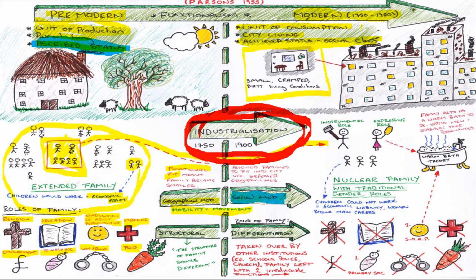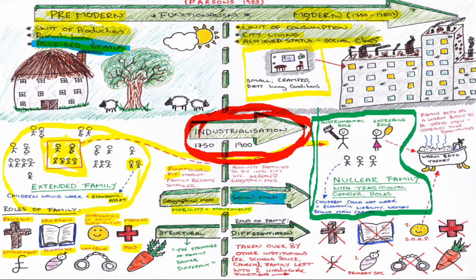So we're going to move on to talk about the role of the nuclear family in modern society. So in the past, in the extended family, everyone worked together. Now, in the modern urban family, a few things were happening. So here's this modern urban family. There started to happen this division of roles between men and women. Men adopted the instrumental role. Men were the workers. They went to work. Women took on the expressive role, the housework role, predominantly looking after the children.